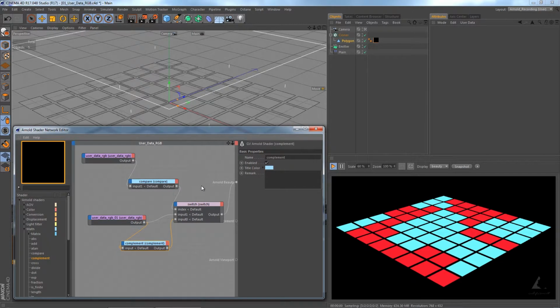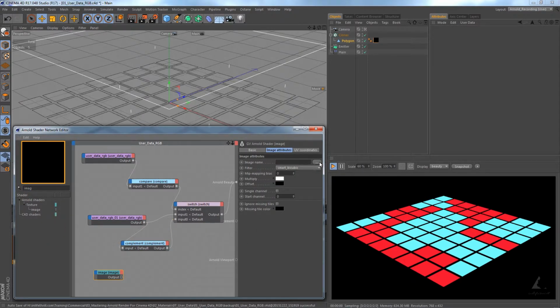Now, instead of using flat blue color, I would like to create something a bit more interesting. That's why I will use an image shader, which will help me bring in the R-Node logo. I will use that as the mix amount of a mix shader. So connect the image to the mix parameter,